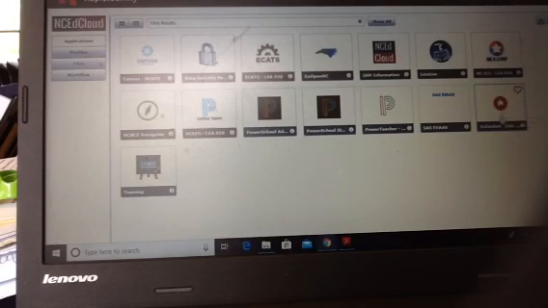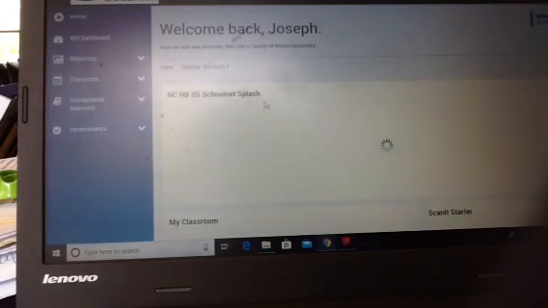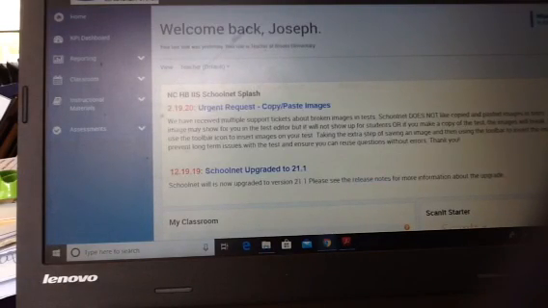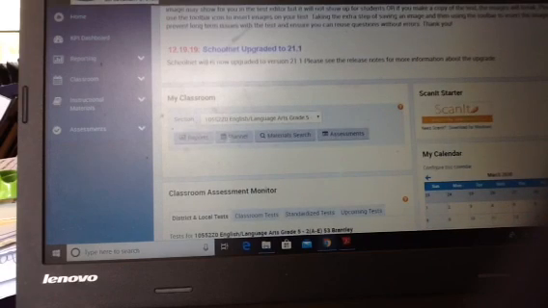But the next thing you'll look for is SchoolNet. When you do that, it'll take you to the home screen. Again, mine looks different. Mine says, "Welcome back, Joseph." Yours will say, "Welcome back," whatever your name is. And then kind of where I have this here, you'll have something that lets you put in a code for the online test code, and you'll enter the code that